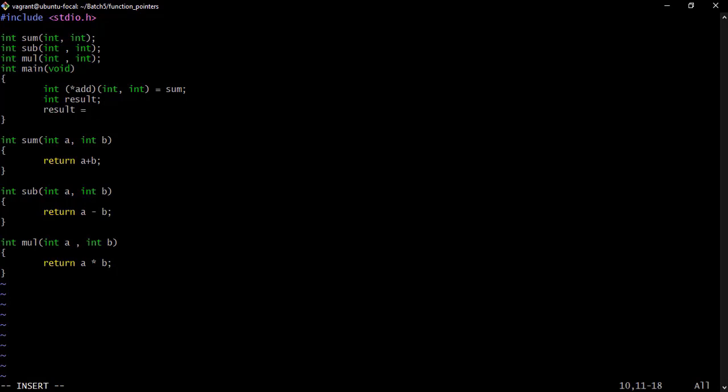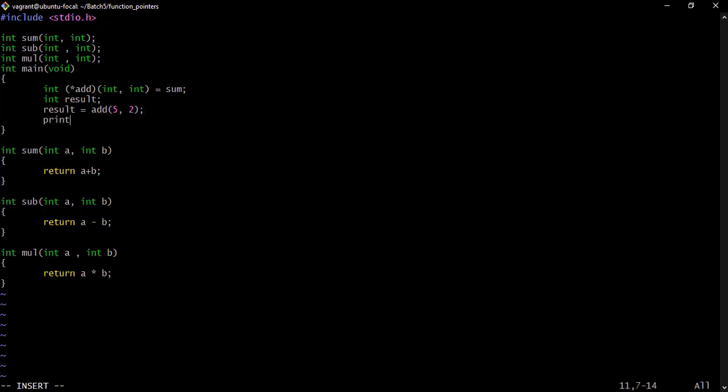What is the name of my function pointer? The name is add, isn't it? So I will now call it add, and then what? It's taking two parameters, integers, right? So I will now pass in what? Let's say 5, 2 here. Do you get it? So here I can now say printf